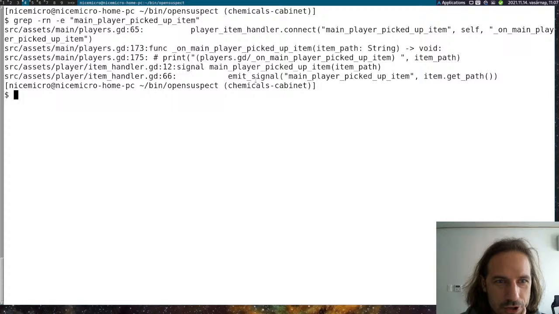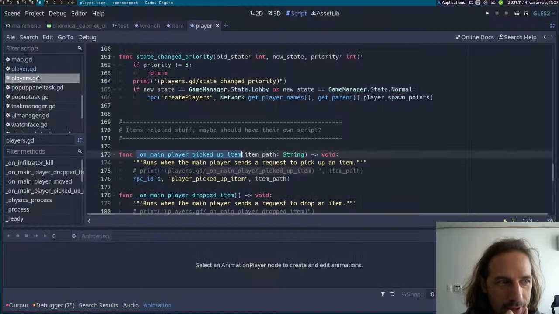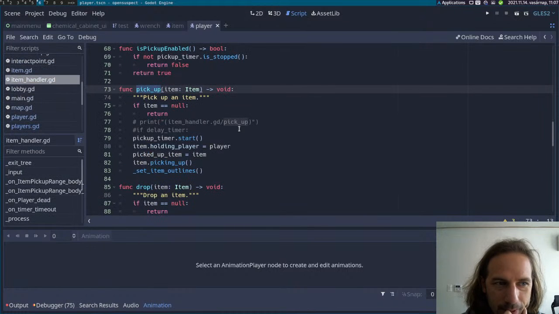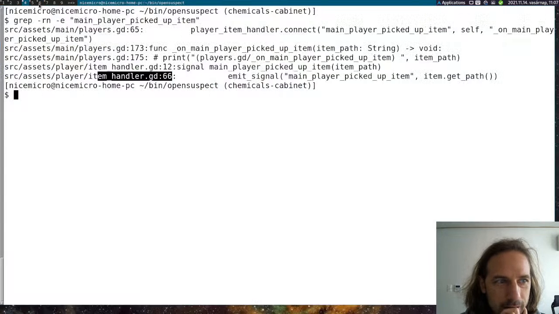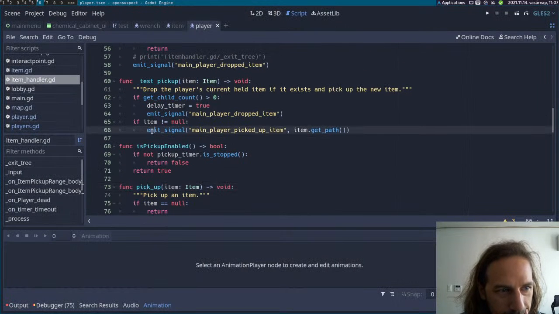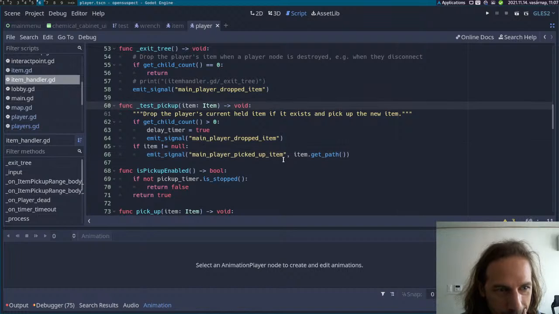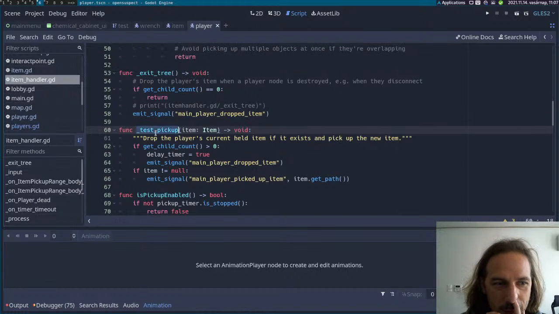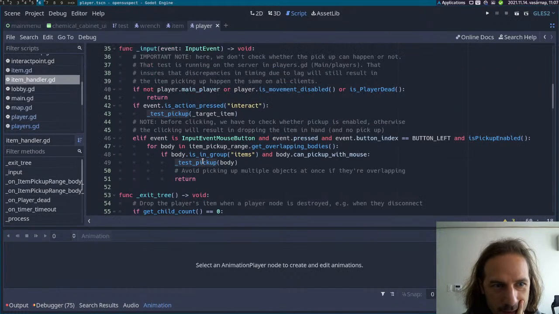So now I can just find the emit signal. This is item handler.gd 66. So we are back in player item handler. So item handler and 66. Test pickup. Drop the player's current held item if it exists and pick up a new item. Where is test pickup coming from? Test pickup is coming from